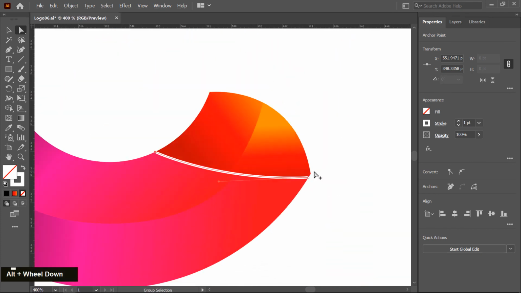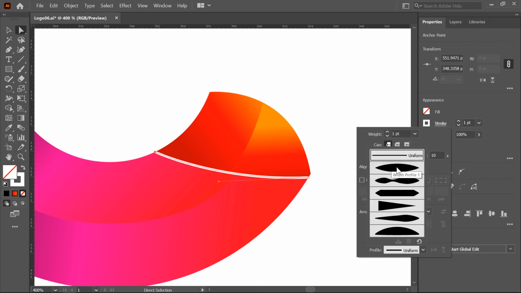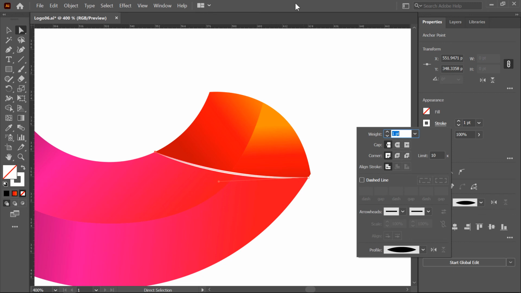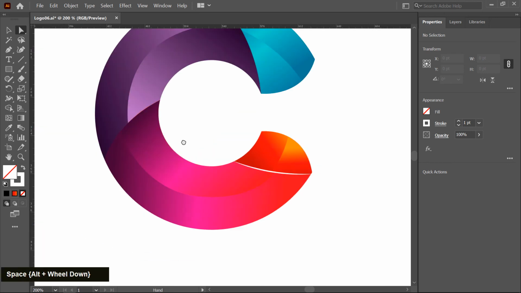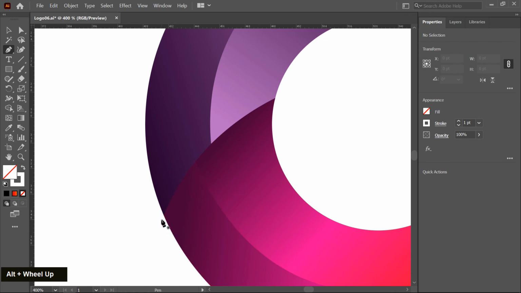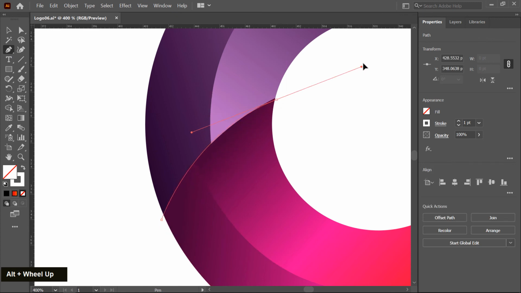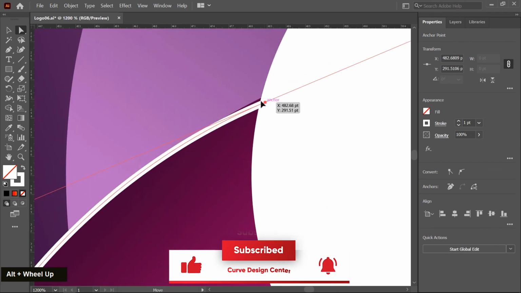Okay, now I apply a stroke profile on this curve. So I click on the stroke and then click on the profile and apply this profile. So you can see sharp edges are created here. With the same process I create the other. So I choose the pen tool first and create a curve here and then modify.